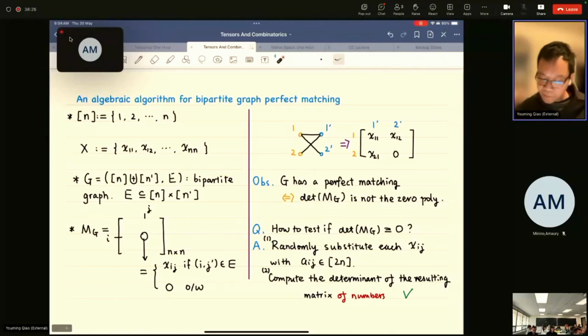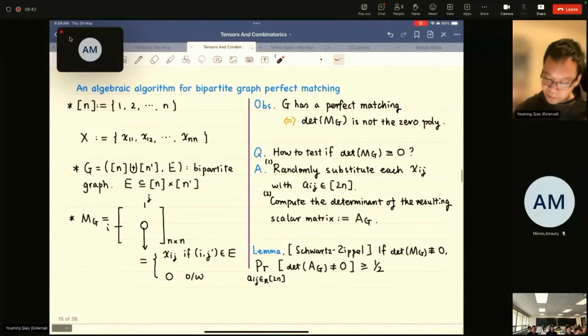So once you get a matrix of numbers, then you can use Gaussian elimination to compute the determinant value, right? And this can be done in polynomial time. So the idea is that now you randomly substitute Xij with Aij and compute the determinant